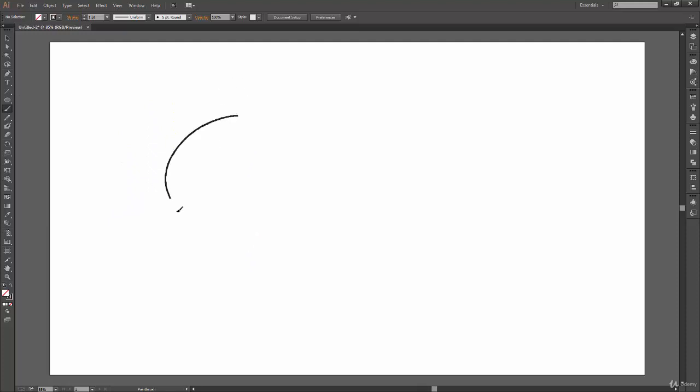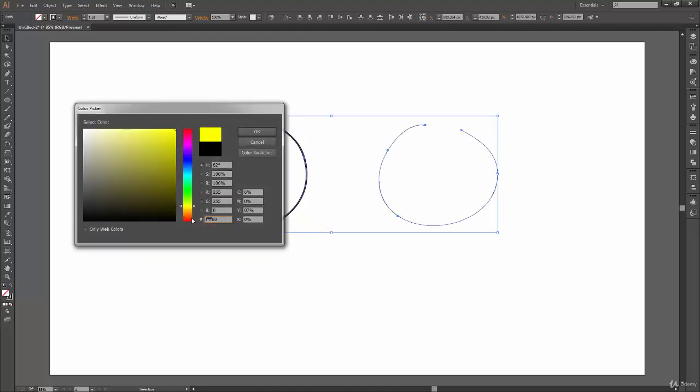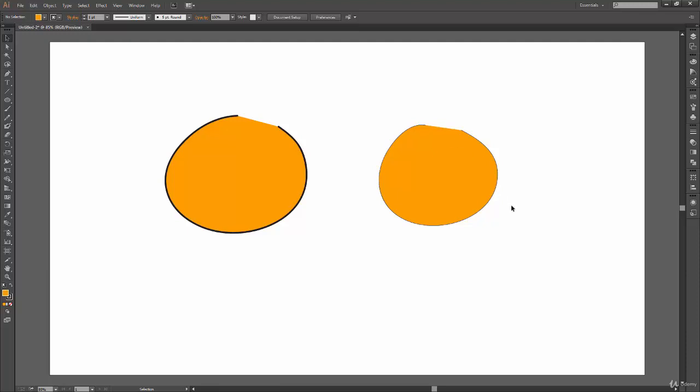While drawing any circle, if you want to fill a shape, by default you have no fill inside your shape, whether you are drawing with the pencil tool or the brush tool. It's the same thing. So if you want to fill any shape, you can just double click on this fill, choose any color from here, and here you have your fill color.